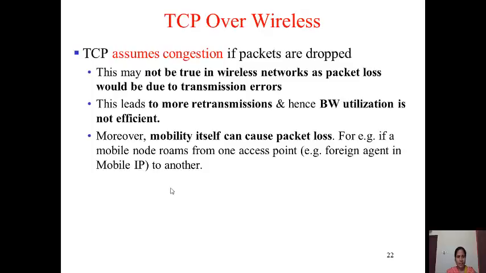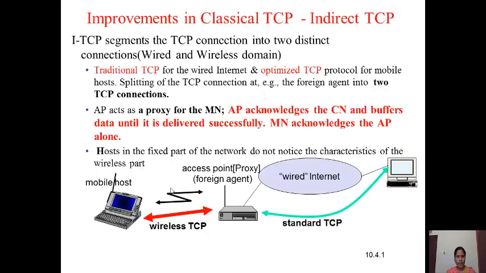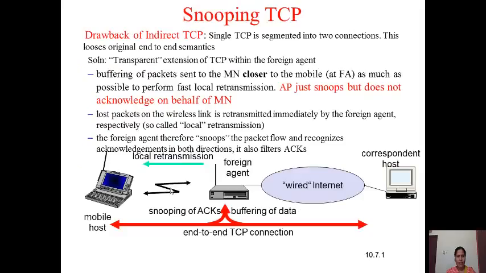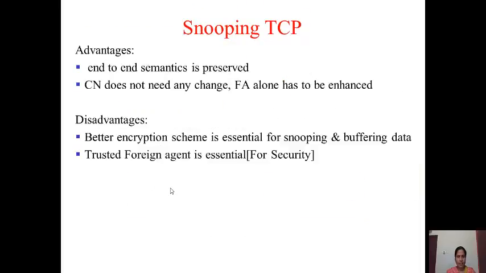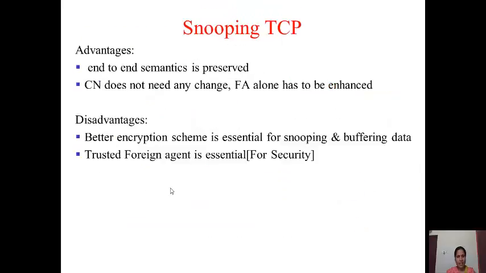And we clearly understood the tendency of TCP to assume, every time a packet is lost, that it is congestion, which may not be true with the wireless network. So we said that it can also be because of transmission errors and because of mobility. And we again understood the various approaches: the indirect TCP, its advantages and disadvantages, the snooping TCP, its advantages and disadvantages, and how the drawback of the indirect TCP is addressed by the snooping TCP in maintaining the